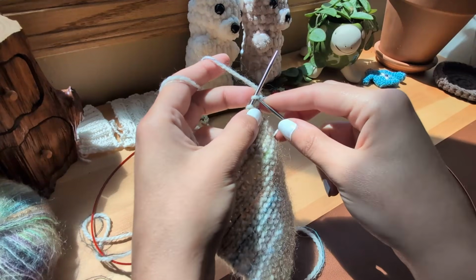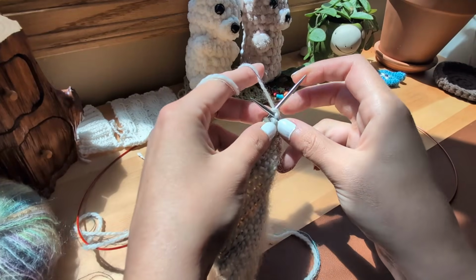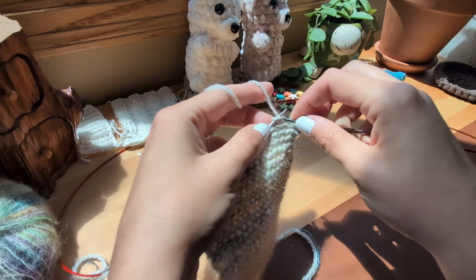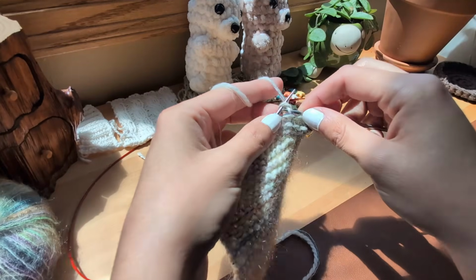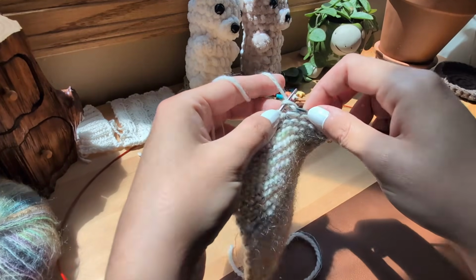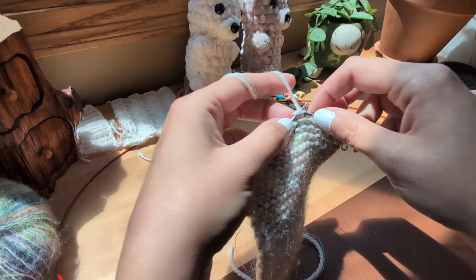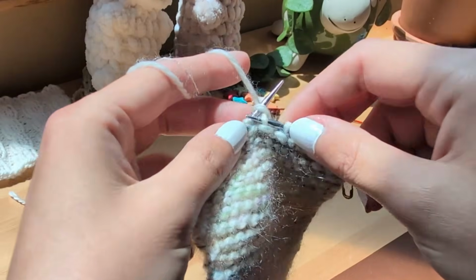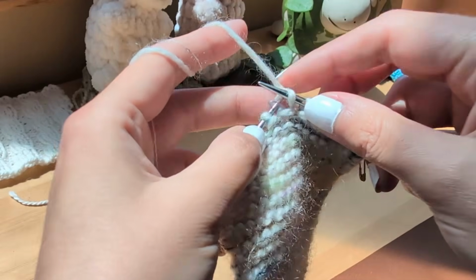Let's knit a row together. So currently I'm knitting on the top of the hat, and I've been putting a stitch marker every 10 rows. I have such a hard time counting stitches for some reason without marking them, so I marked it, but going well. I'm almost to the top of the head, and then after that I will, oops, I missed a little